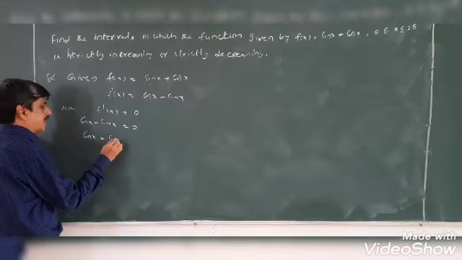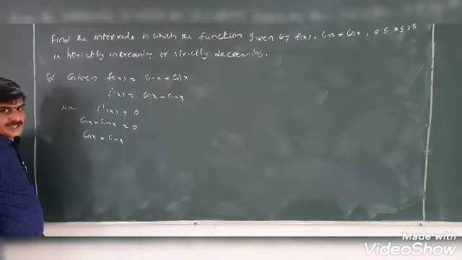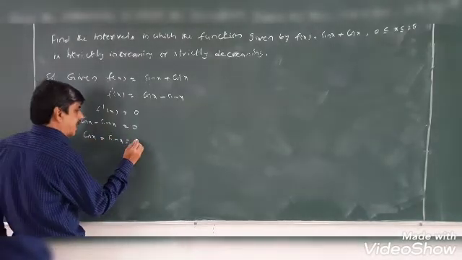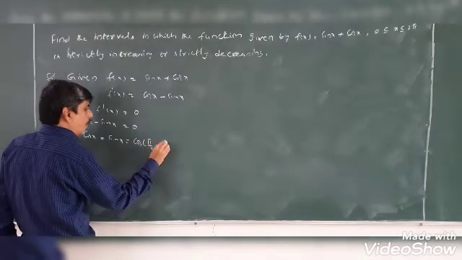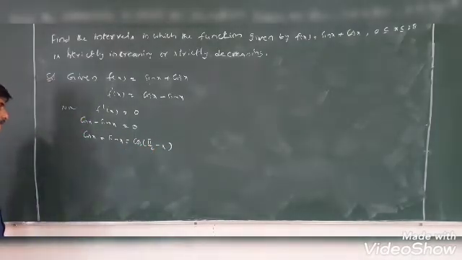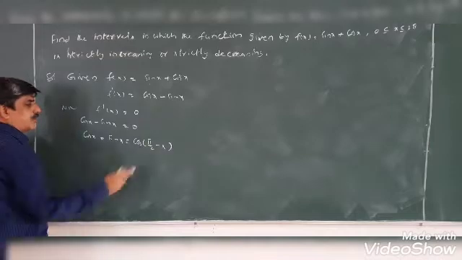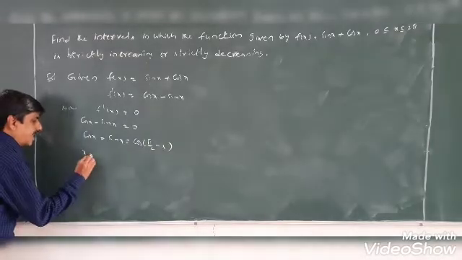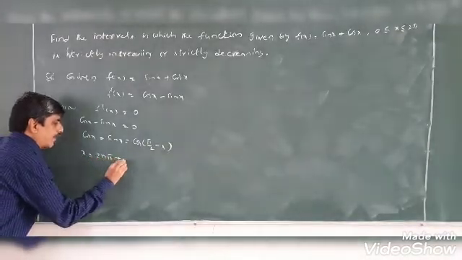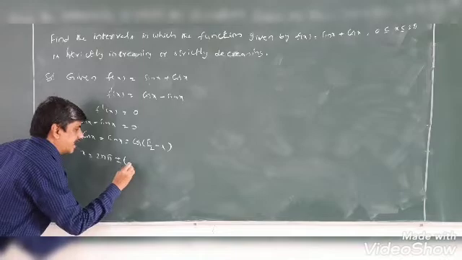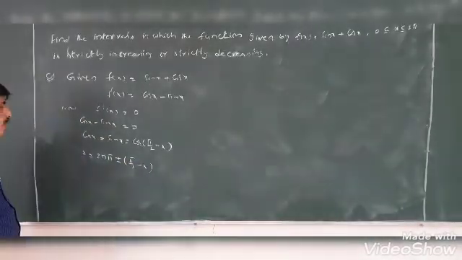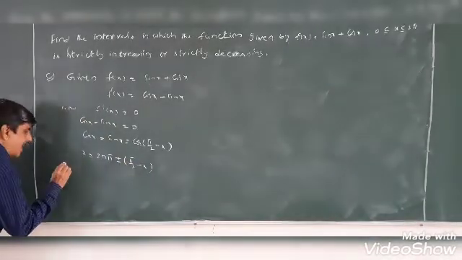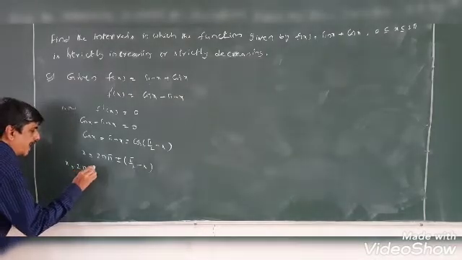So cos x is equal to sin x. Sin x I am writing as cos of pi by 2 minus x. So cos x is equal to cos y, which gives x is equal to 2n pi plus or minus y. Y means pi by 2 minus x. So x is equal to 2n pi